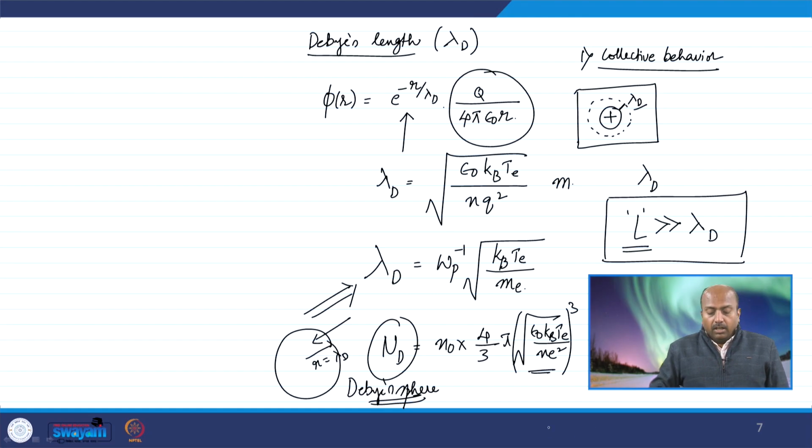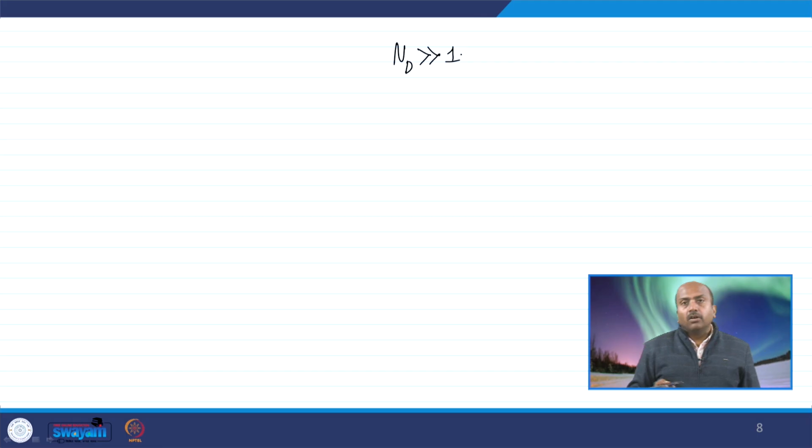Okay. Now, in terms of ND, we define the third plasma criterion, which says the number of particles within the Debye sphere must be very large than 1. Okay. The meaning of these three